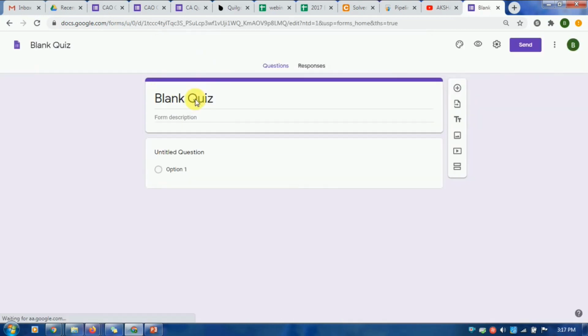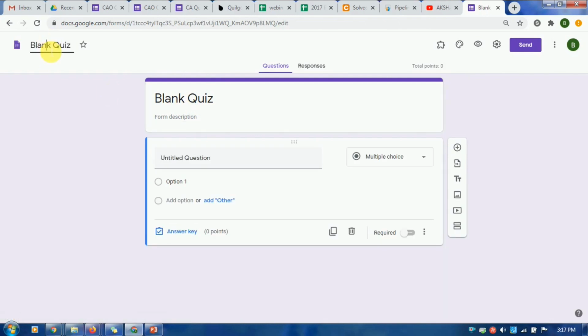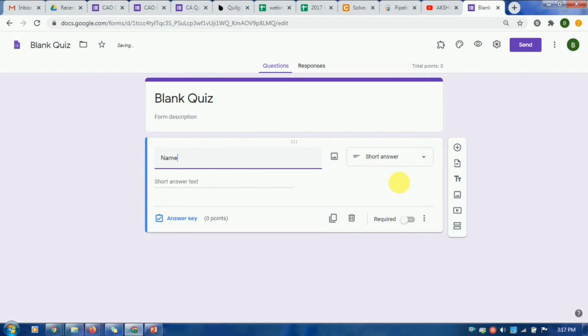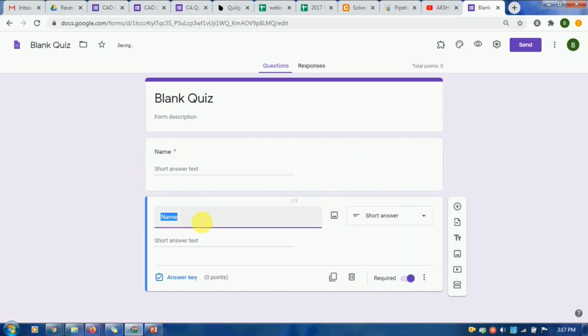So this is the title of the quiz and this is the title of the form which is getting saved inside your drive. Here you can set the mandatory questions that you are going to collect from the students, like name, register number, or any other important thing. If you want to collect it, you can collect it in the initial page. So you can make it a mandatory question by clicking the required button, and you can even duplicate the question and edit it very easily.